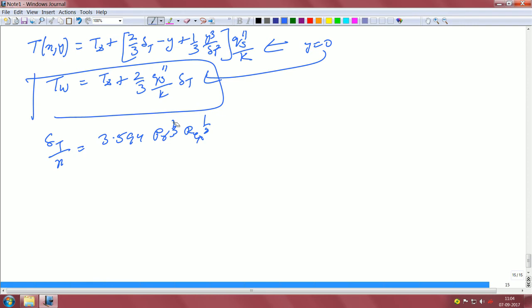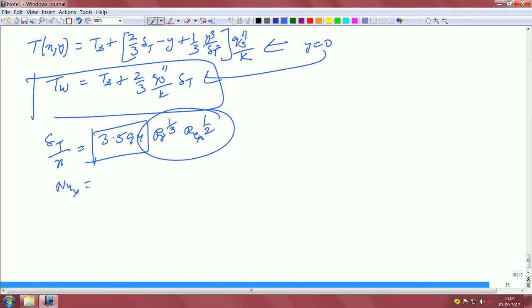So, the coefficients do change a little bit, but this variation still remains the same. This, of course, is a different number now, right. So, that is your delta. That means when you invert it, you are going to get a different, lower expression for your Nusselt number, right. So, based on this, your Nusselt number should be,